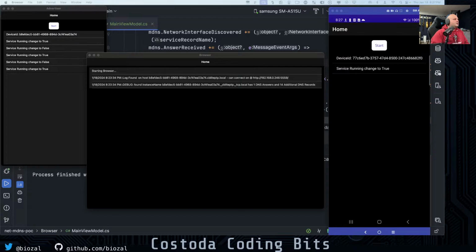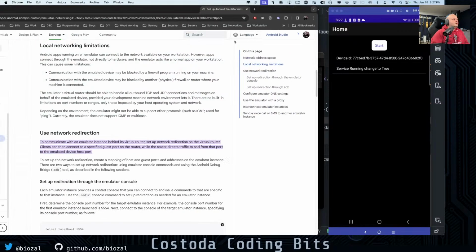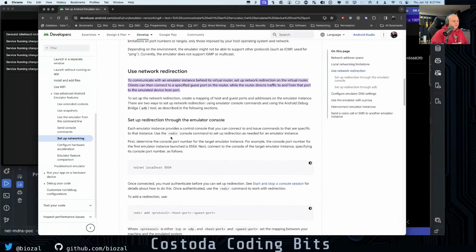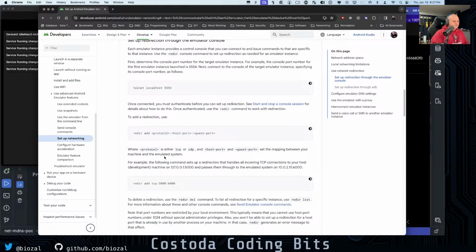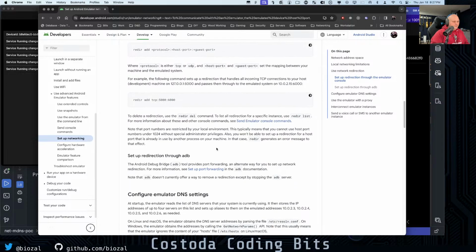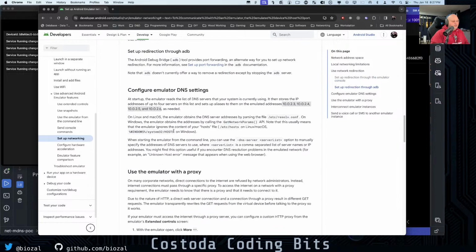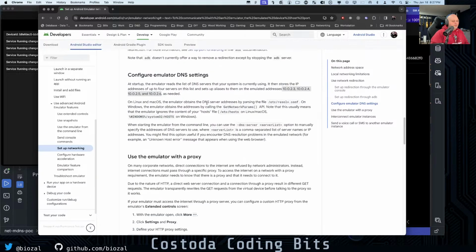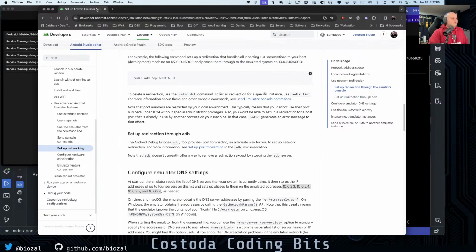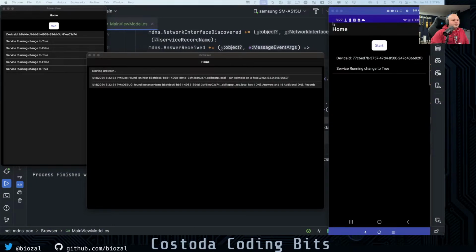I don't remember what it is, but there's directions on Google's website where they kind of explain this, and they'll give you the IP addresses that the emulator host will use between the emulator and your computer, which kind of sucks. But since this is just running on my Wi-Fi, technically speaking, as long as my Wi-Fi is working,